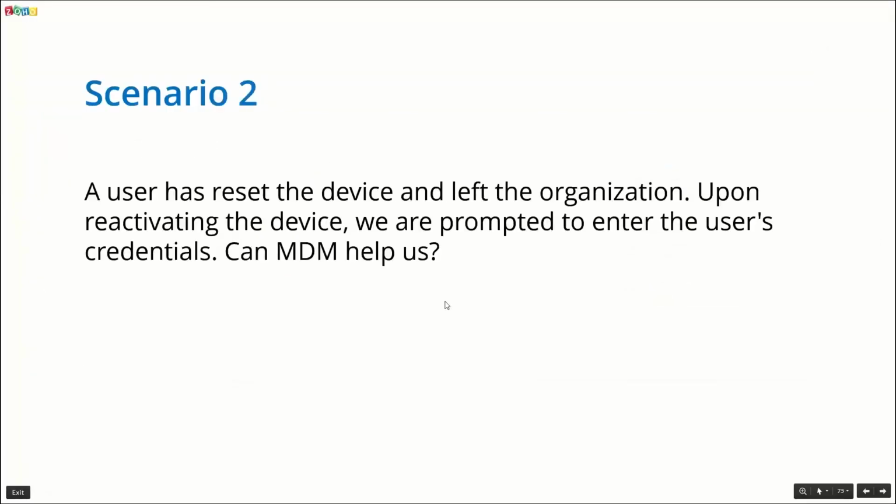And the second scenario: a user has reset the device and left the organization. Upon reactivating, we are prompted to enter the user's credentials. Can MDM help us? Yes, this is the common behavior with the latest Android phones now. They have this enterprise factory reset protection predefined on the devices. So even if the end user leaves the organization, Google will still prompt for the previous user's email address to activate